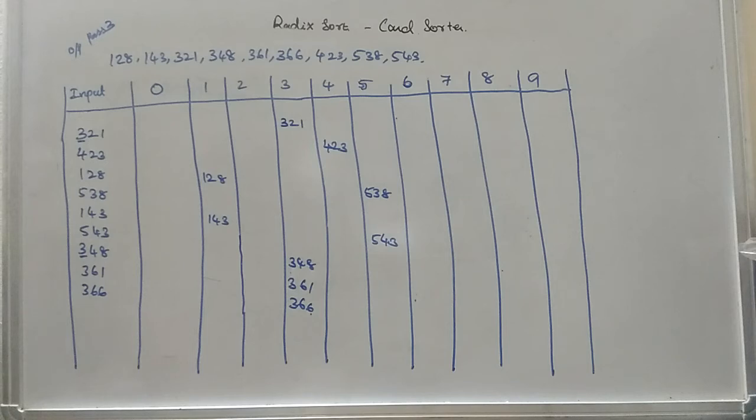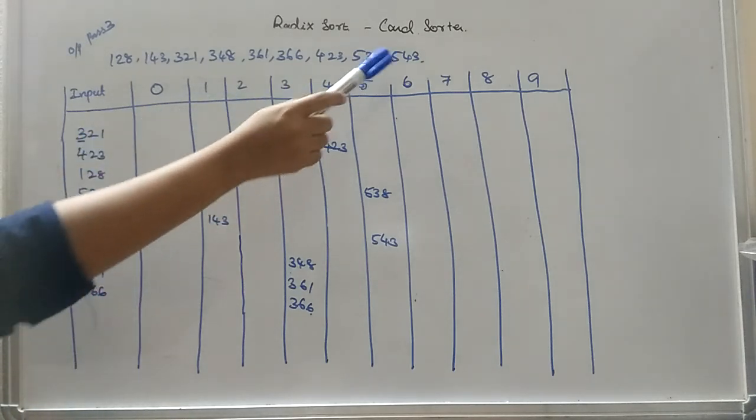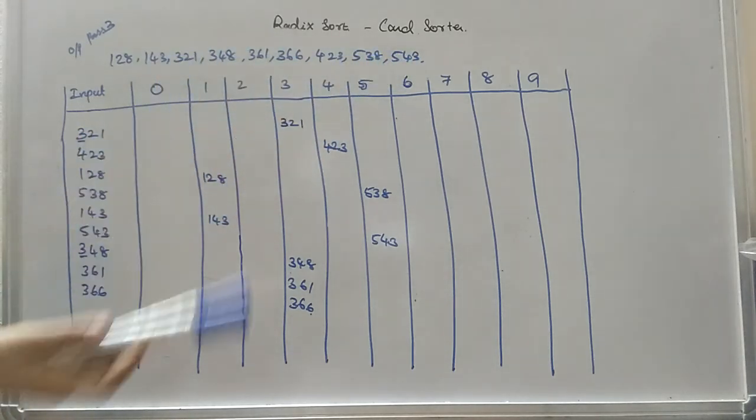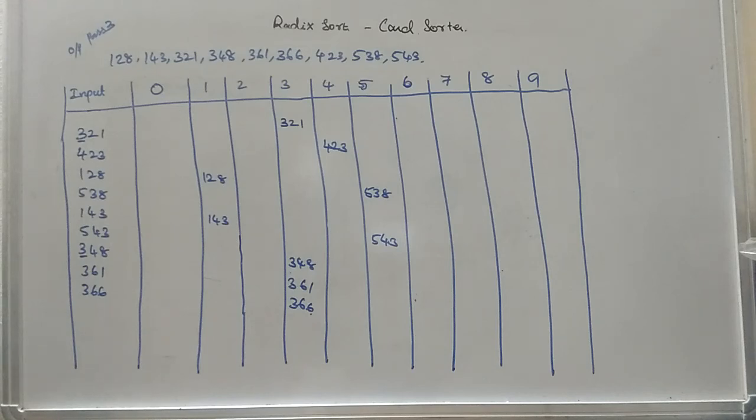In case you are going to sort 4 digit numbers, by that time you will have 4 passes. Okay, so at the end of the 4th pass you will get the result in case you are using 4 digit numbers. Okay, so this is the easiest way to sort the numbers. Since we have used the least significant digit for sorting the numbers, we can say this is LSD radix sort.